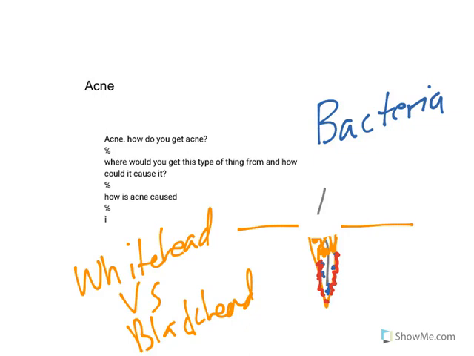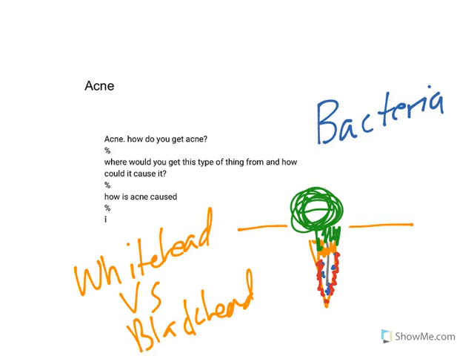And so everybody always wants to know, how do you treat these things? And so popping zits really doesn't work. All that's going to do is inflame all this, and it's probably going to make it worse. A better way to do it, and I'm no dermatologist, but what I used to do and what I do now is put a cotton ball with some alcohol on it on top of this, and it'll dry it out. It'll help clean this out a little bit. And then after that, put a cotton ball with like Neosporin on it, or some kind of antibacterial